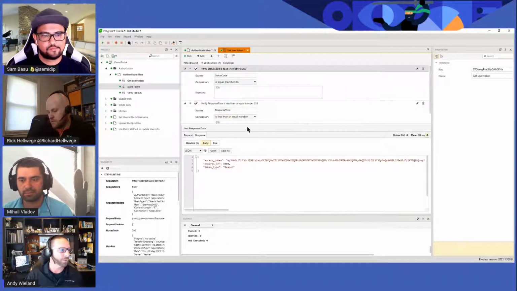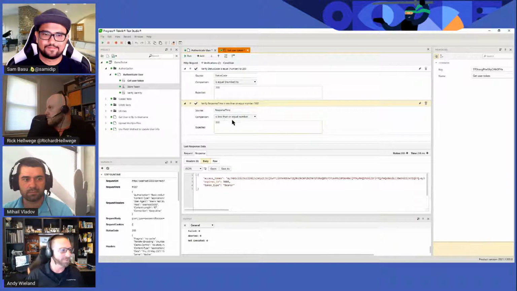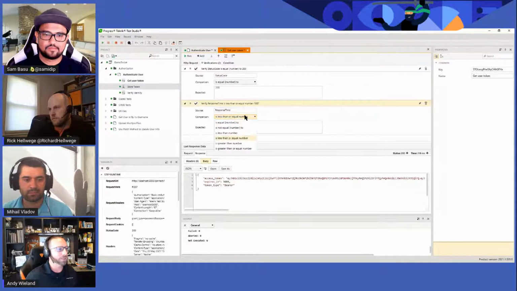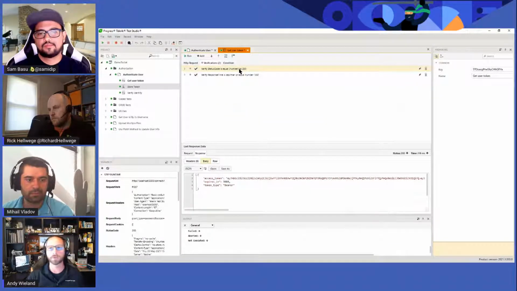And for the timing as well, generally it comes in at 218. Okay, I might give it some more time. This is milliseconds here. But very quickly and easily, you can shore up an API request, checking and asserting along the way to make sure you're getting what you need back from that and that everything's working correctly.